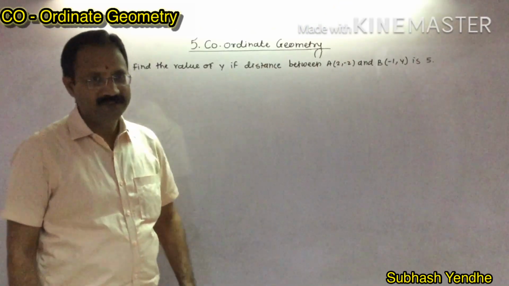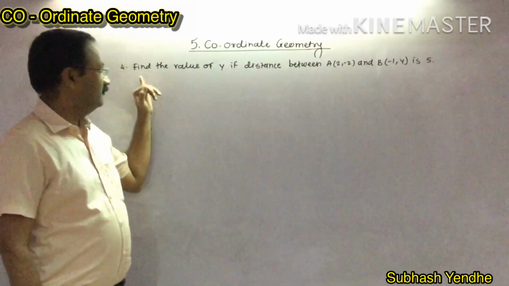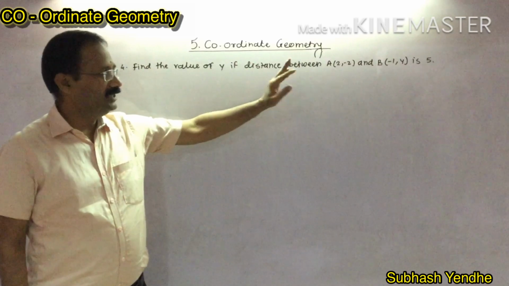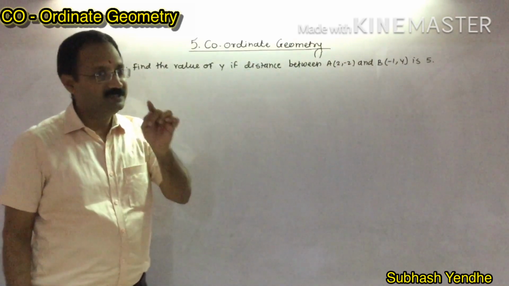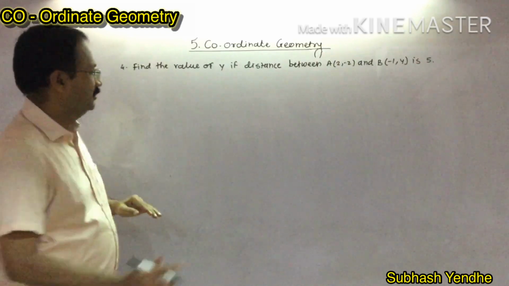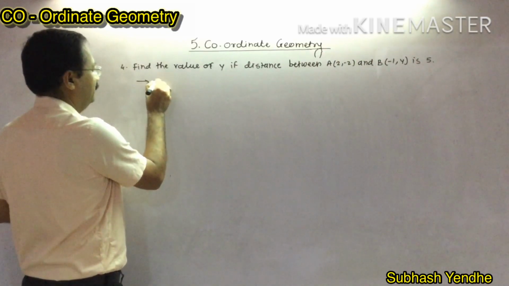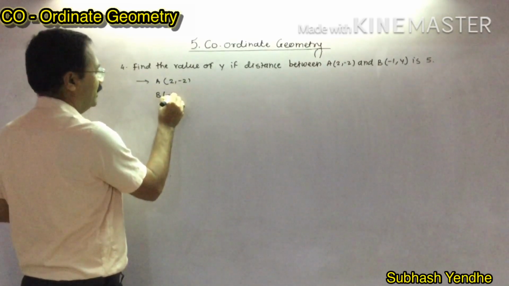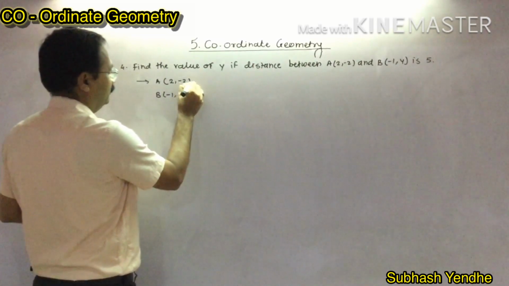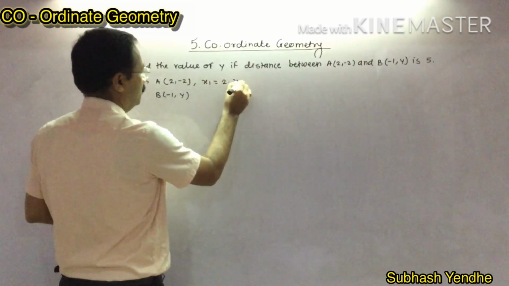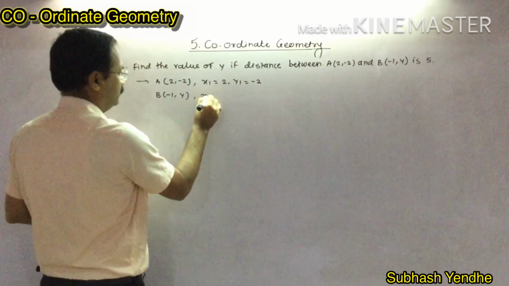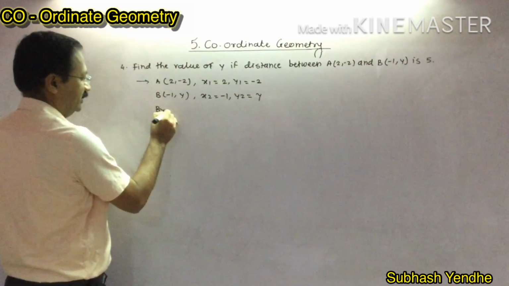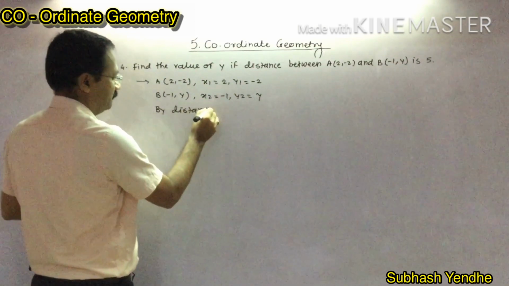Let's start with sum number 4. Find the value of y if the distance between A and B is given. So it means here the distance is given. Again the method is the same. A's coordinates are 2, -2, B's coordinates are -1 and y. So x1 equals 2, y1 equals -2, x2 equals -1, y2 equals y. So by the distance formula,